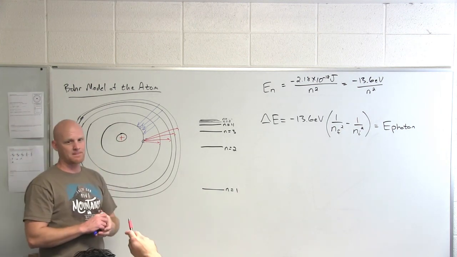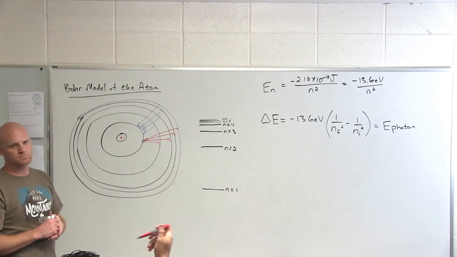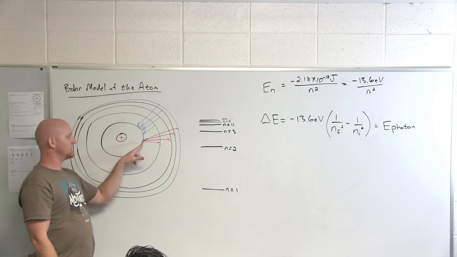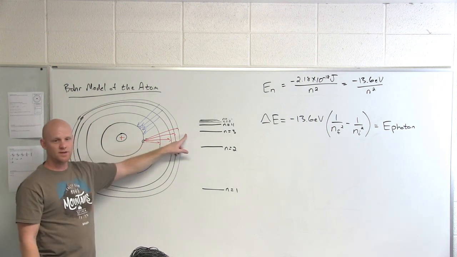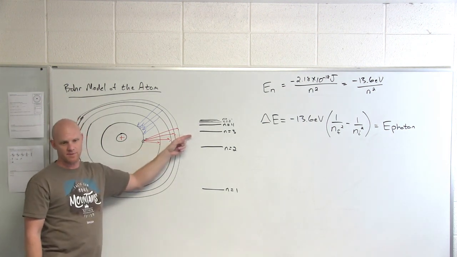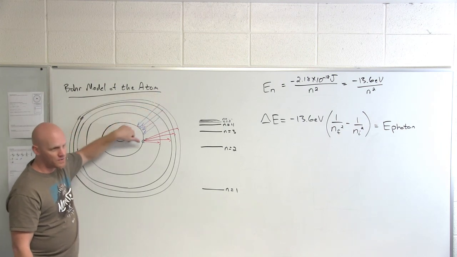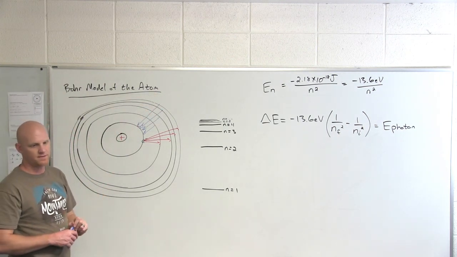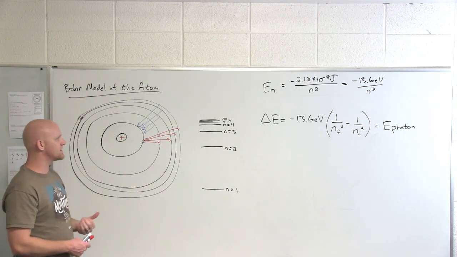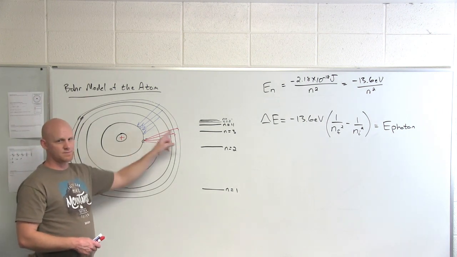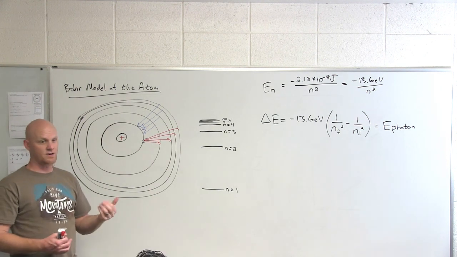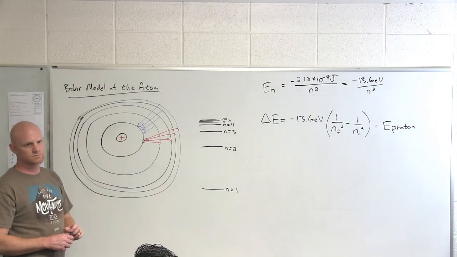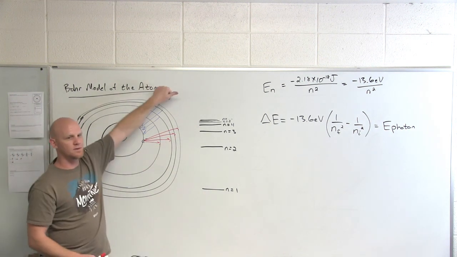Chris? So you said a photon's emitted when it's going towards the nucleus? Correct. So notice to go from a low energy orbit to a high energy orbit, you've got to absorb a photon of light, the energy from a photon. But when you drop down, you go from high energy to low energy, so you give off a photon of energy, that excess energy. The energy of the photon either absorbed or emitted is equal to the difference in energy between what an electron would have energy-wise in the orbits. So absorb energy in a photon and then... Yep, absorbing going out, emitting going in.